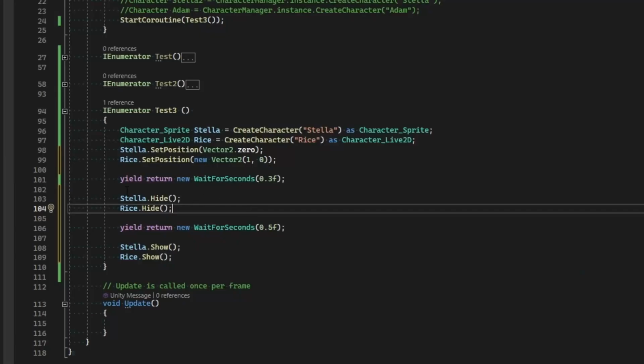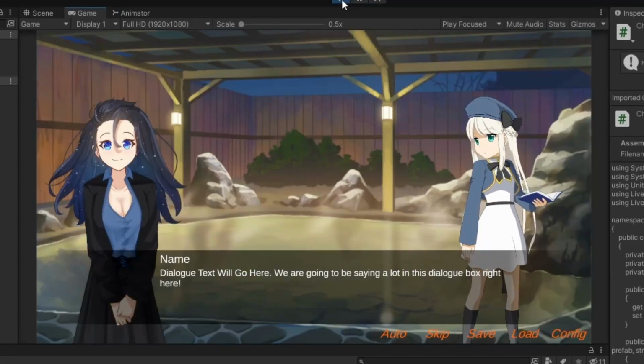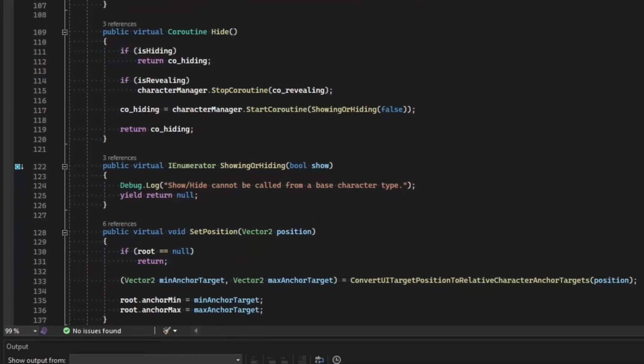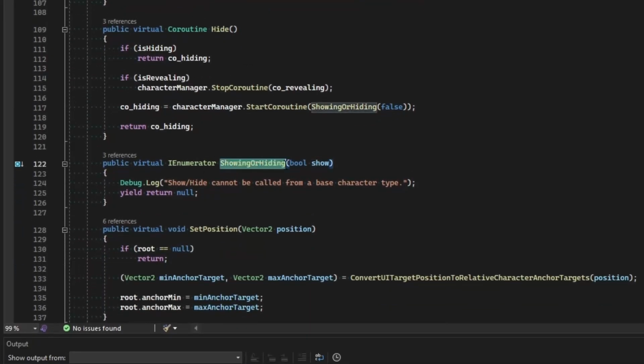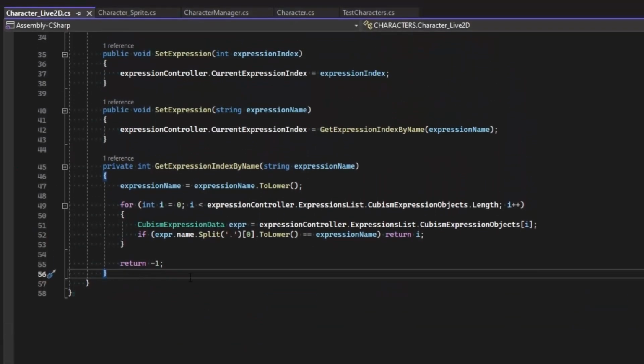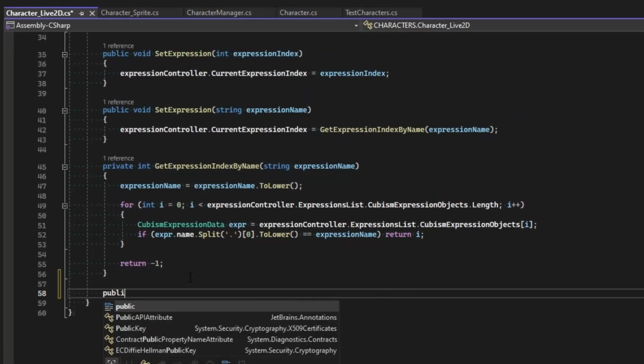If instead we tried to do this through the functions of hide and show, then we see Stella responds, but our Live2D character does not. So let's override the IEnumerator responsible for that. If you remember, that coroutine is showing or hiding, which is called from either the show or hide commands and runs the logic to reveal the character on screen. So if we jump into our Live2D character, to implement that is pretty simple. Let's just make the override